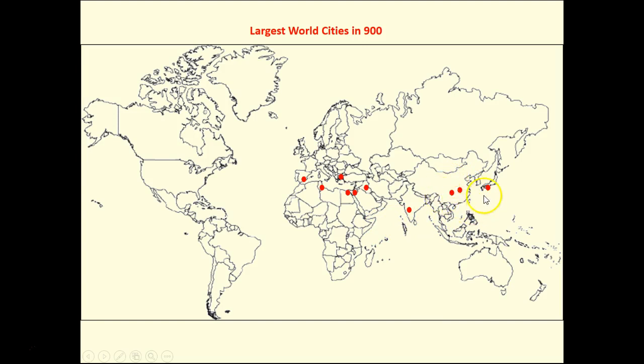If I fast forward another 400 years to 900, we do see some similarities to 500. Again, China, around the Mediterranean, but we see a couple of new players in the mix: India, Japan, and certainly the Middle East. Now, a few centuries prior, Islam became a dominant religion in this region and facilitated a lot of growth. So these little red dots can tell a story that we're going to learn in more detail as we move forward throughout the year.